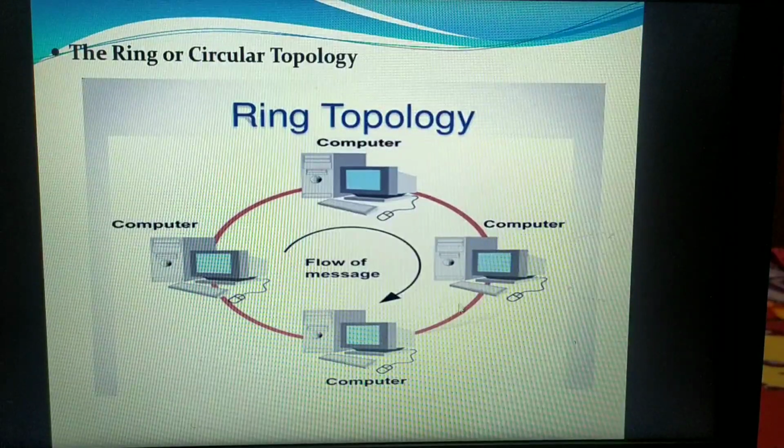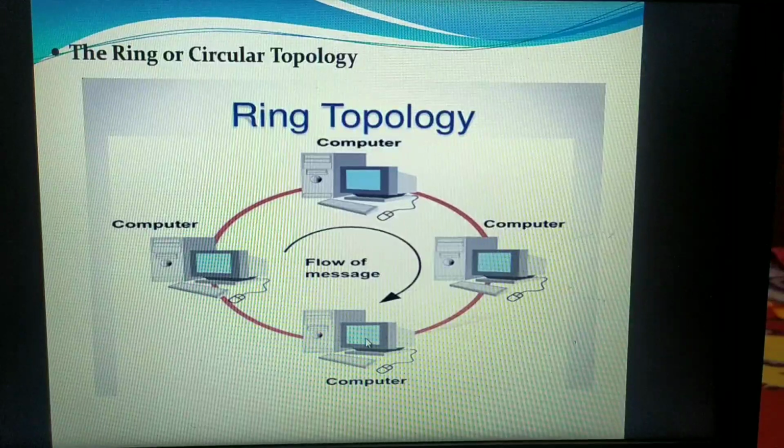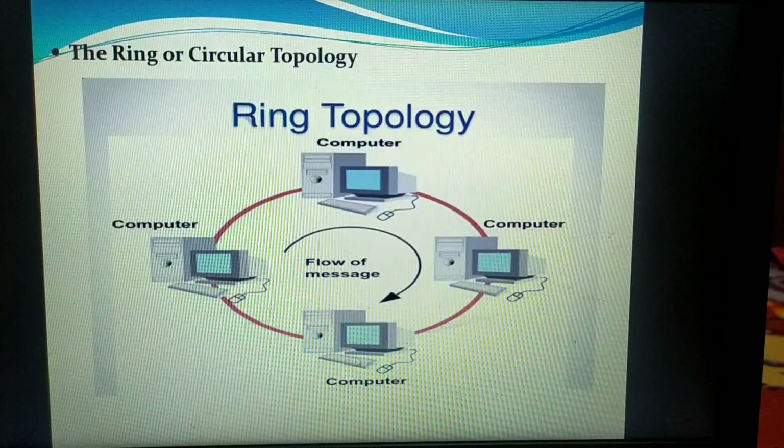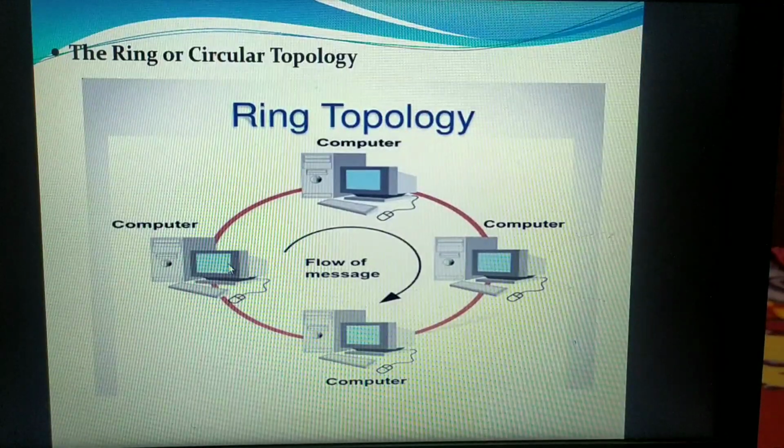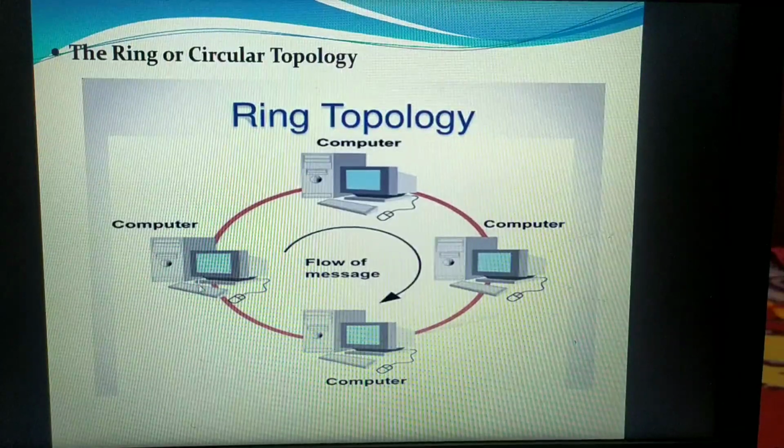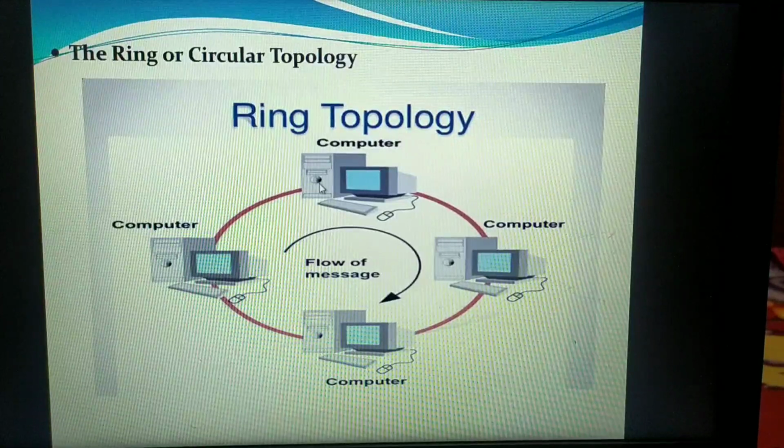Again that data packet will be moved to the next neighboring node. The IP destination and IP address don't match, so it will again undergo amplification, using an amplifier. That means it will strengthen the signal strength of the data packet. Again it will forward, check the IP address, it doesn't match, it undergoes amplification, and again this node will forward to the source node.